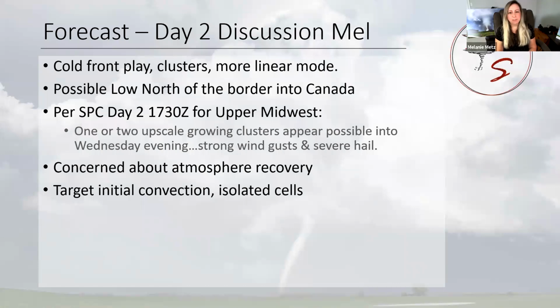Right, and as Jessica mentioned already, I don't have to say too much more, but from my perspective, I was already in Minnesota. I was definitely going to chase because I was getting out there as much as I could this past year to chase as many systems as I could. But I wasn't too excited about the day. It looked like more of a cold front situation with more clusters of storms, and generally you see more linear storms along the cold front. There was some shear expected in the environment, but because of questions about earlier convection clearing out and the cold front setup, it didn't seem too exciting.